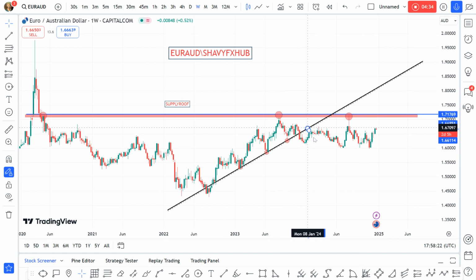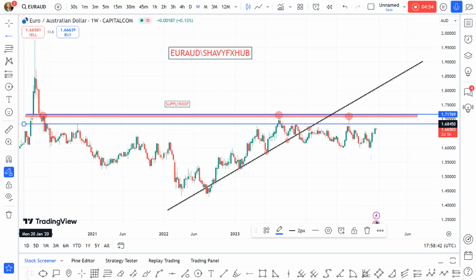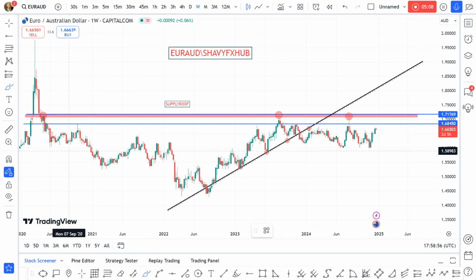To further confirm it, you see here you have a break of structure and a retest. And at that level, Euro has not crossed that mark. So now the major challenge Euro will have is to break out from here. We want to see a push into this level. This is another break of structure from 2020. We have another break of structure at that level, and we want to use that as a litmus test. It's a strong litmus test, break of structure, retest.